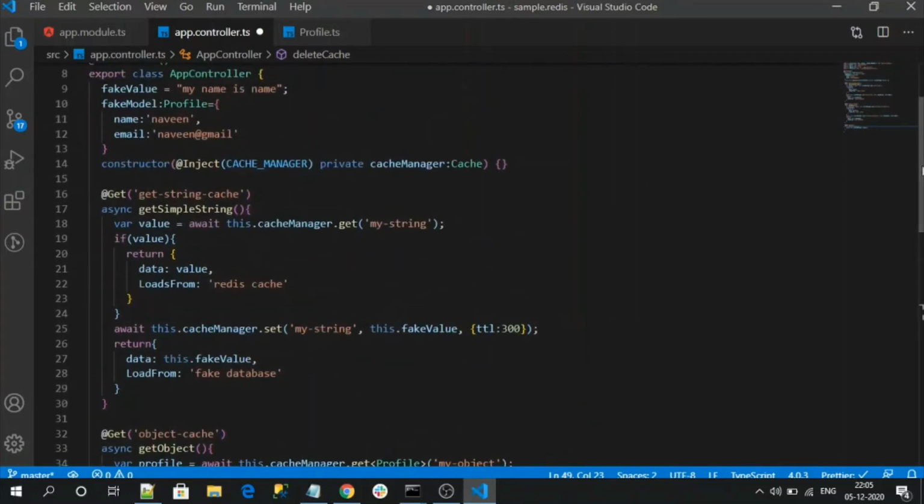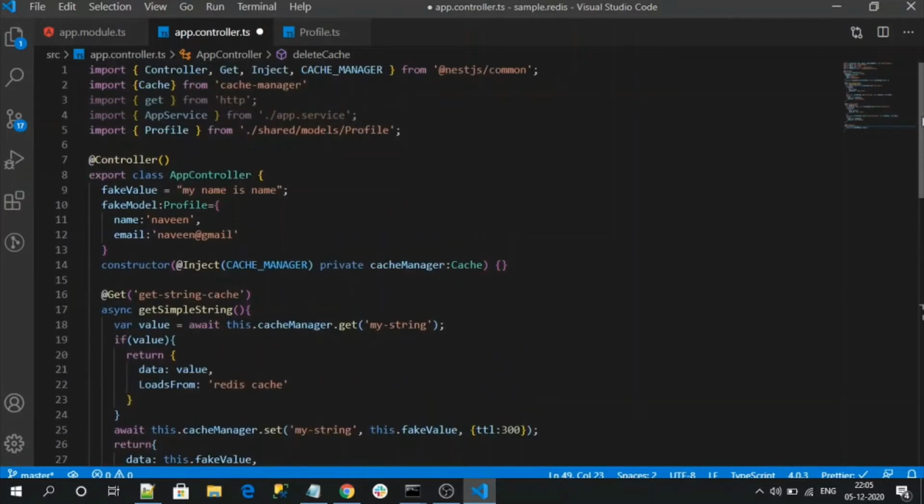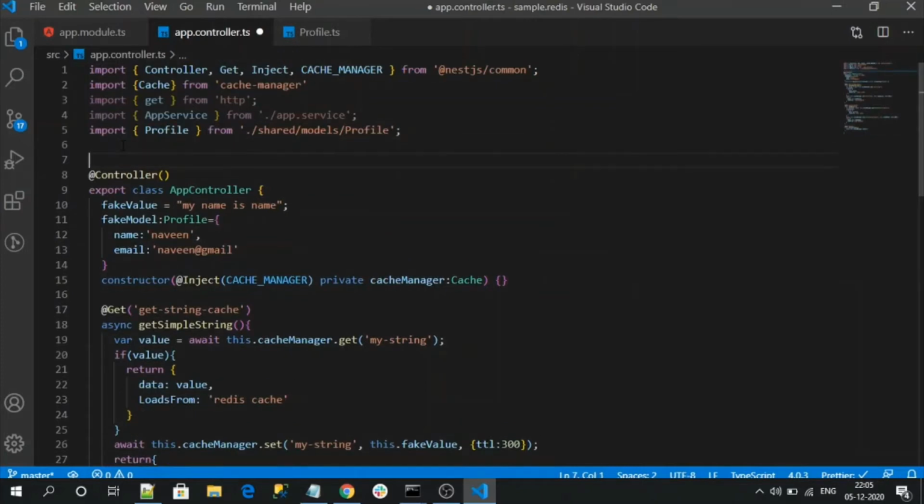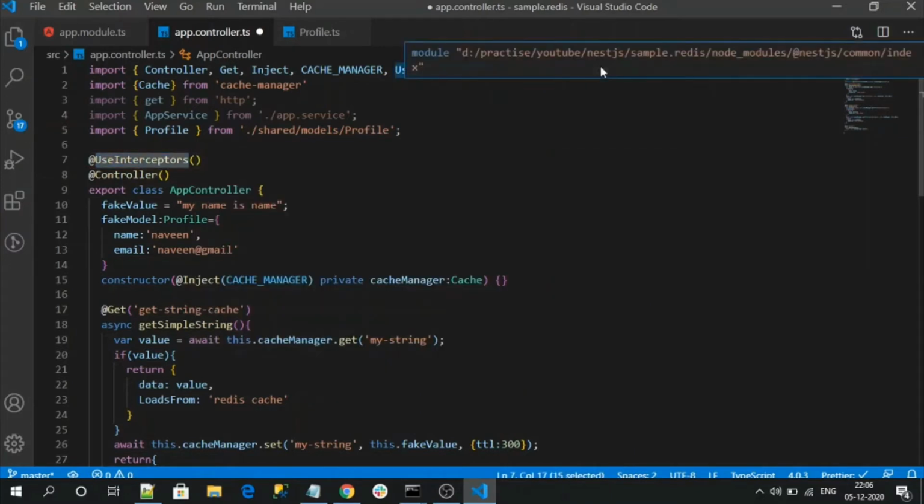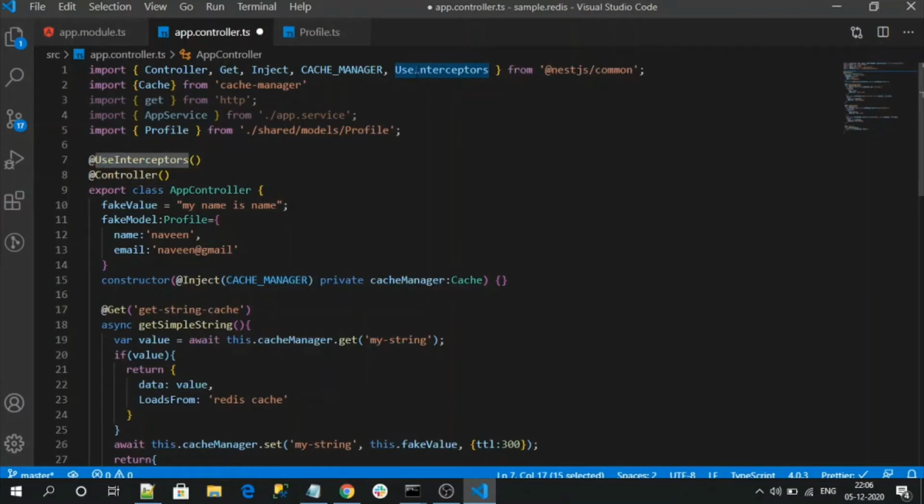So let's understand it by implementing it. To do that, go to the controller. To use the cache interceptor, we need to use a decorator like UseInterceptors. This is the interceptor that loads from Nest.js common. On adding it, it is automatically imported into our packages.